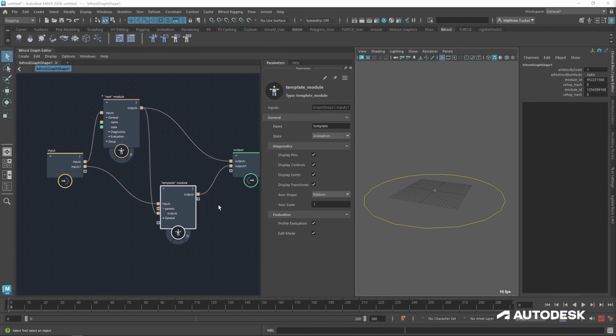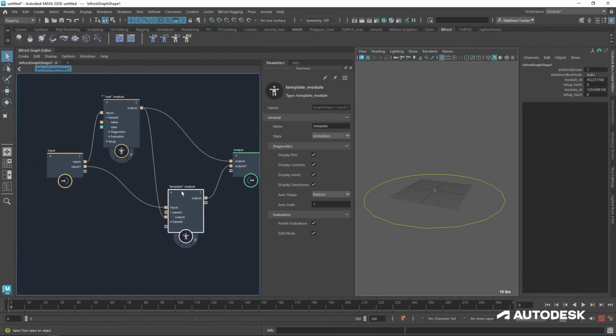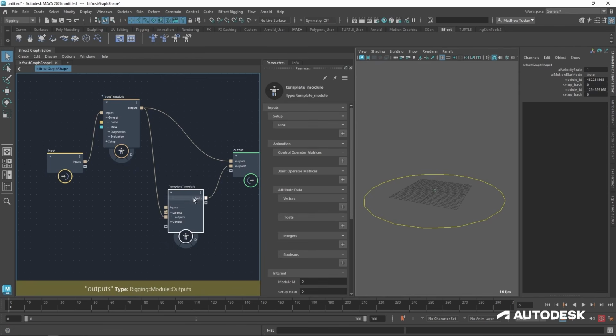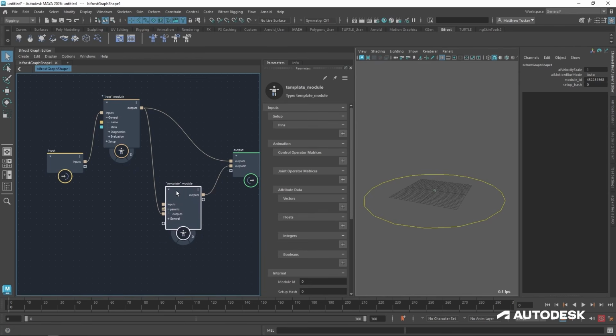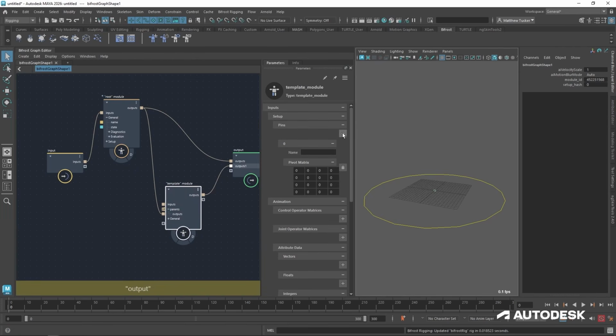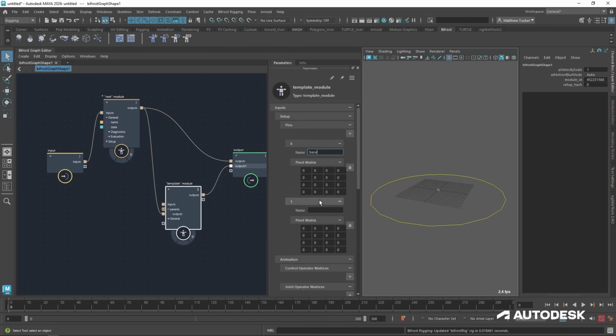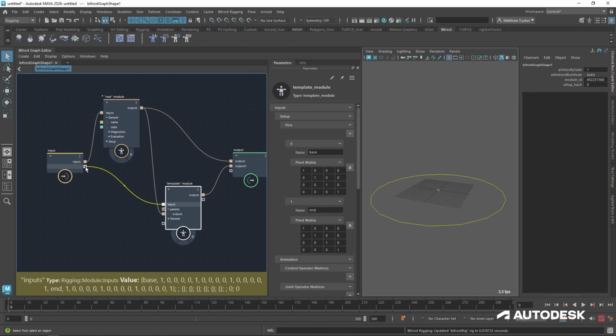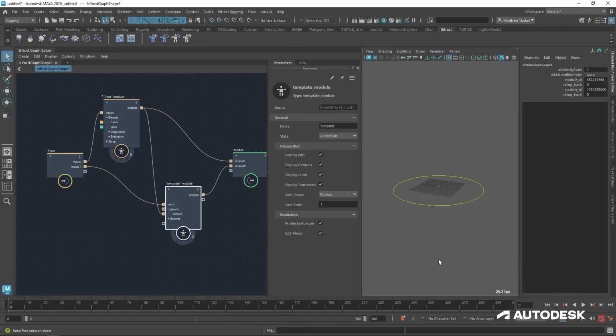So now that we have everything hooked up, and we know we're making a spline module, I'm just going to use 2 pins, a start and an end point. So in order to create pins, I'm going to delete this port, select the template module, and add 2 pins. I'll name the first one base, and the second one end. Now I want to make sure all the scales are set to 1 in our pivot matrices. Now with that done, I want to plug the inputs back in,